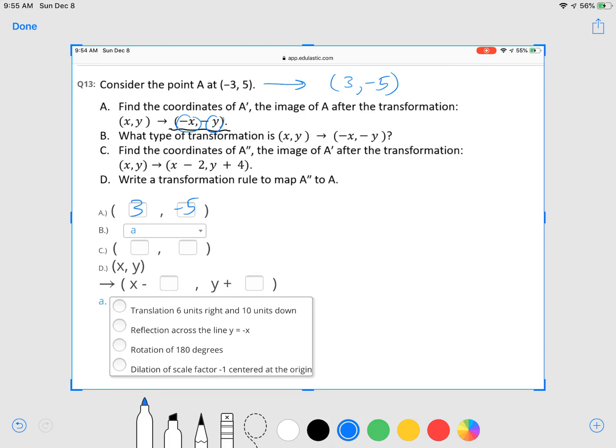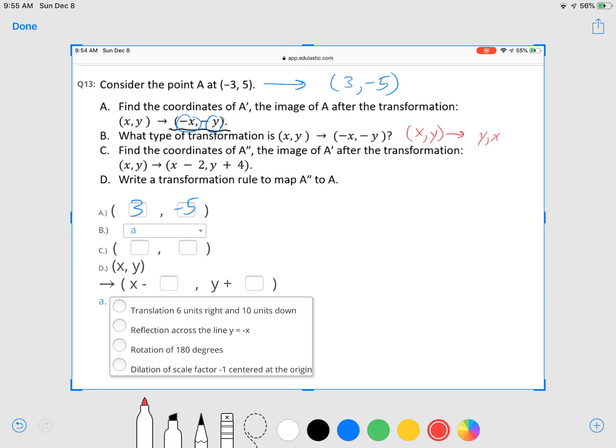(x, y) transformed to (-x, -y). That is a rotation of 180 degrees. Now, if you're not sure, like if you don't have that memorized, then maybe it would have taken you a minute or two, but maybe you could have just played around. Maybe you could have been like, okay, well, I know that